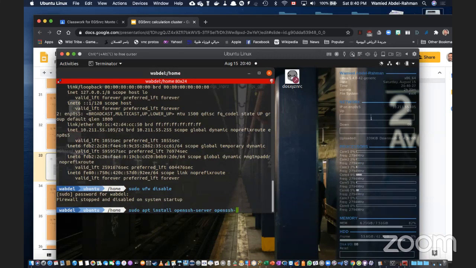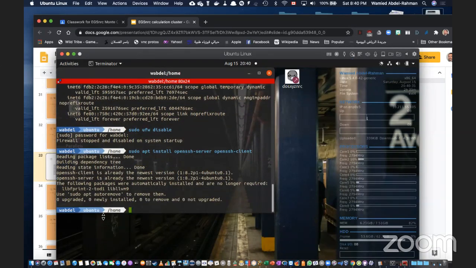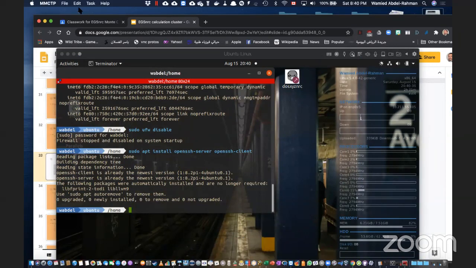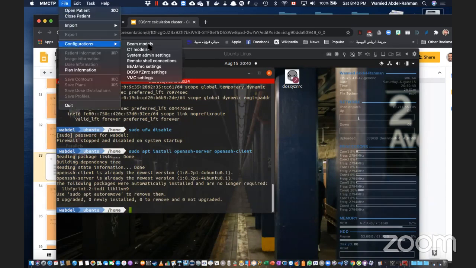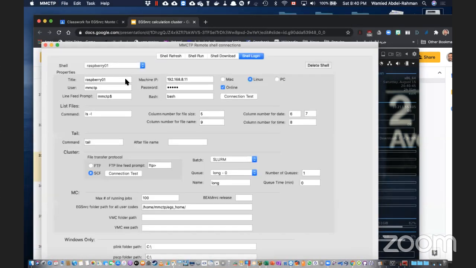SSH client. So you issue this command. Now I have them installed. That's because MMCTP uses SSH to connect. Once you have done these two steps, and you've entered everything correctly, just put